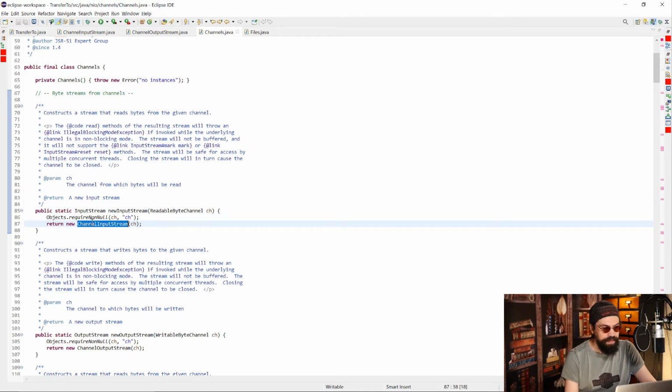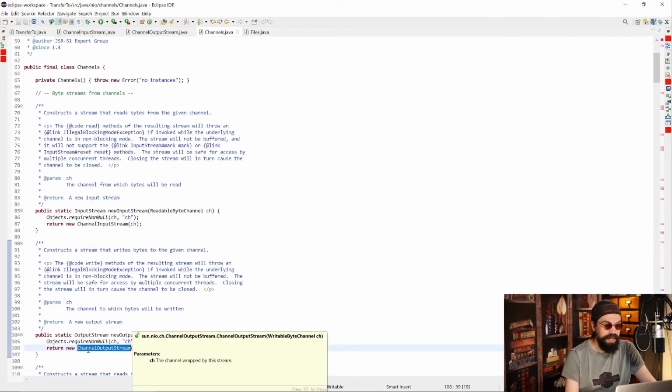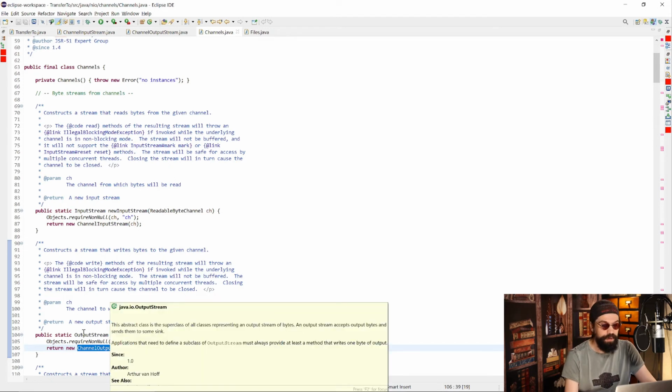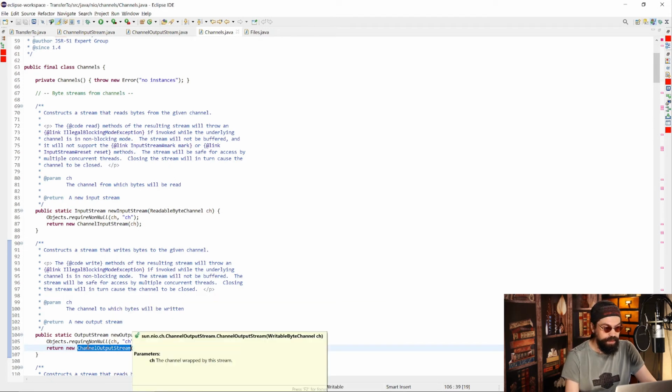So under the hood, this will happen actually. So it creates a channel input stream, and what I did here, it also creates a channel output stream. This class did not exist actually. I wrote that just for the sake of my contribution. Here was an inline code that I simply moved out,